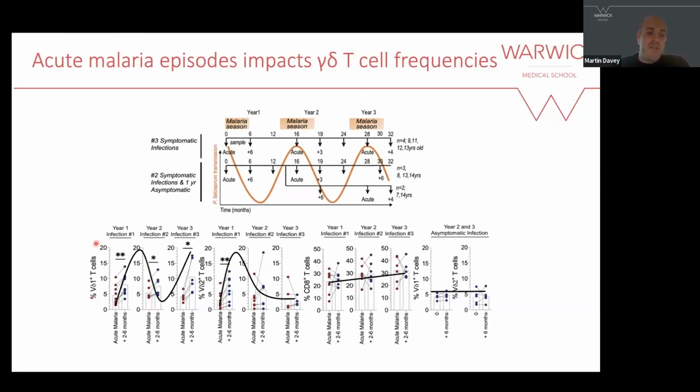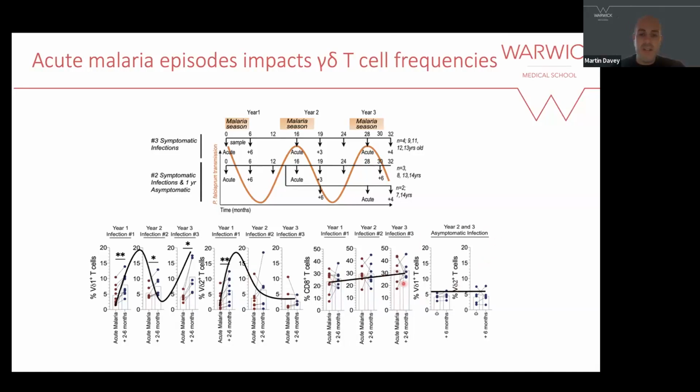And so just to sort of summarize this quite complex data, we found that the frequencies of V delta 1s fluctuated pretty much year on year when you had symptomatic malaria episodes, whereas the V delta 2s, we captured a time point where they increased initially and then not a lot happened, which actually correlated with some work by Maggie Feeney's group a few years ago and has been followed up really nicely. Whereas the CD8 T cells in the same individuals pretty much plateaued. We didn't really see too much of a change in those cells.